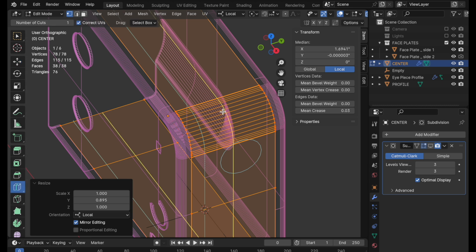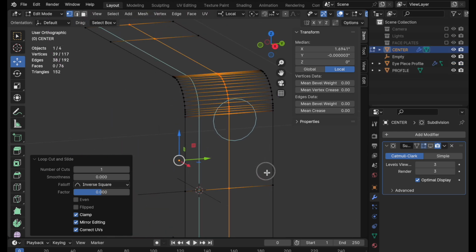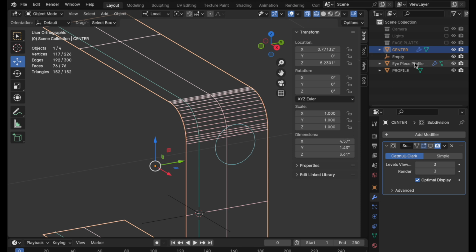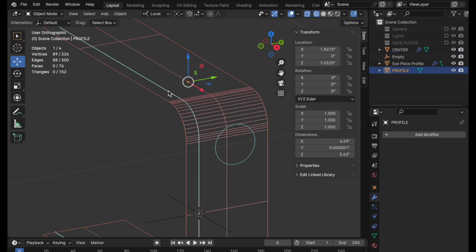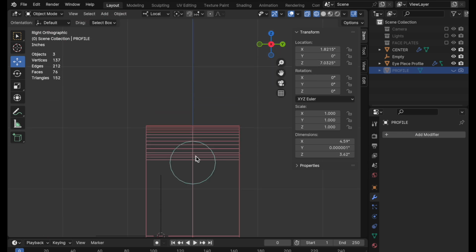Let's come in and add one loop down the middle, and then let's go ahead and hide the face plates. We don't need those anymore. We don't need this profile anymore, so let's go ahead and turn that off. Let's do this. Let's come in, take a look at this from the left or the right side, and let's